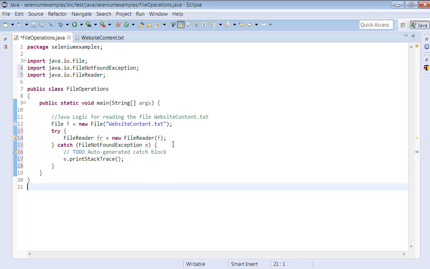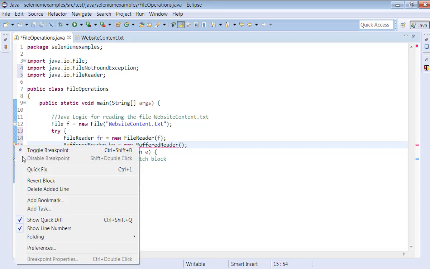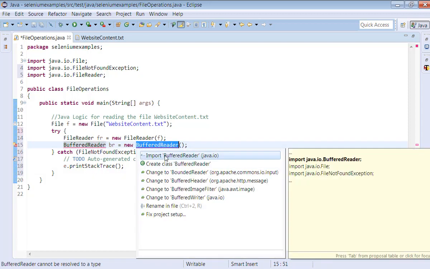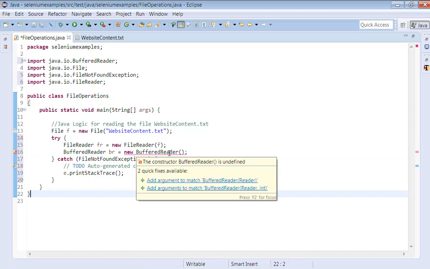Now, once we create a file reader object, we have to create a buffer reader object for reader. br is equal to new buffer reader. Now, let's try to import it for the buffer reader class. We import it. Then again it is giving an error because it is expecting us to pass a reader object.